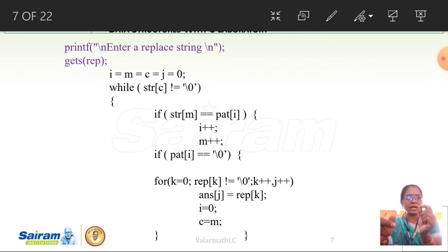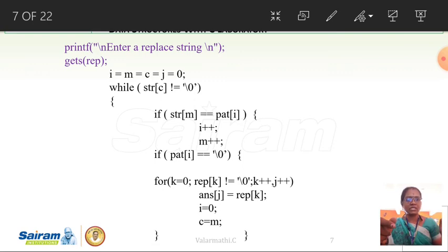For example, if your pattern string is mat, first we match m, then a, and the entire pattern has to be present. So it should travel from the first character of pat to the end character of pat. If pat is not equal to null, we start the search operation again using the for loop.